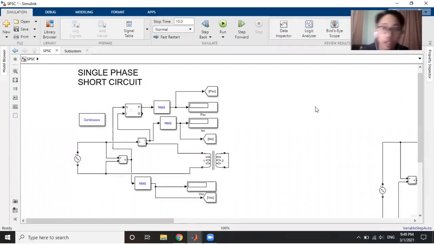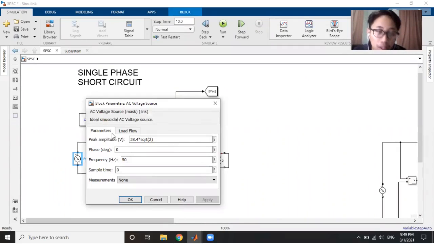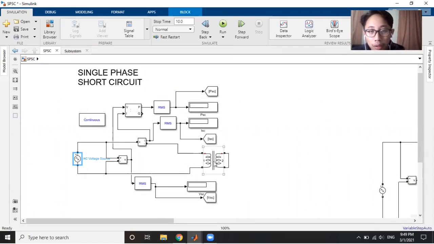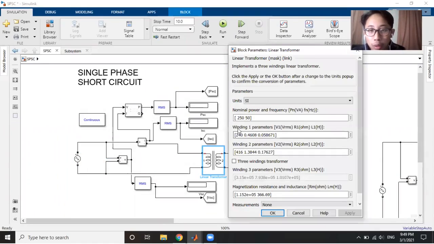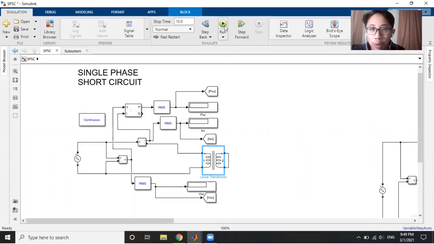Next is the single phase short circuit test. For the short circuit test, we calculated and figured out the AC voltage source is 38.4 and the frequency is 50. Next, we have the transformer. For the transformer, we have 250 for the power rating and 50 for frequency. At the first winding, we have 240 and at the second winding, we have 460. Then after we run it,